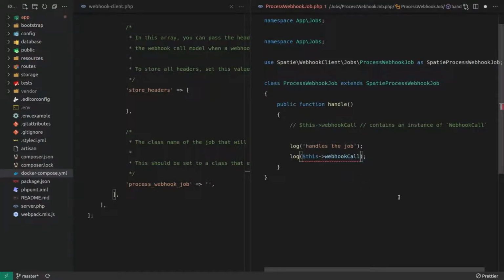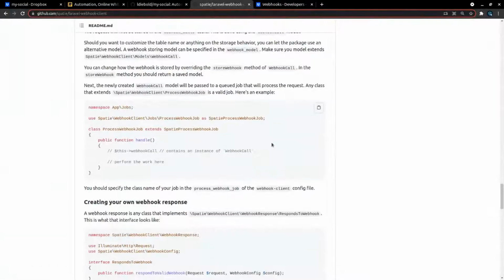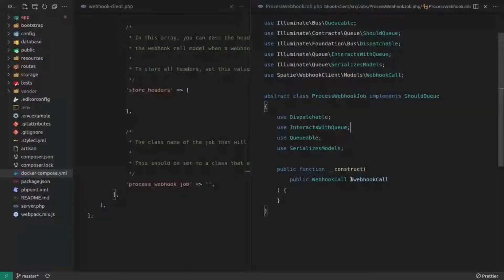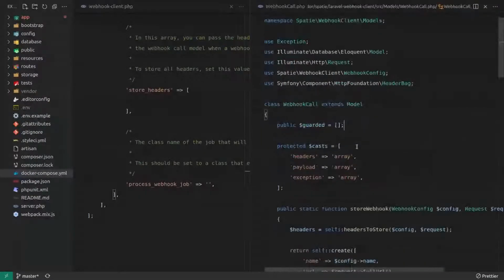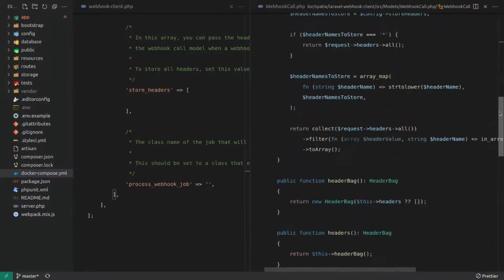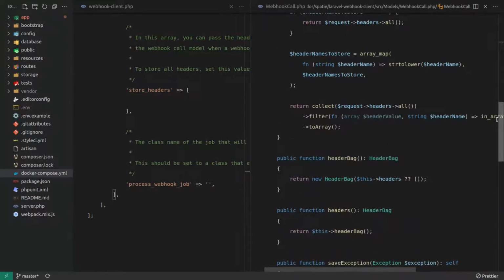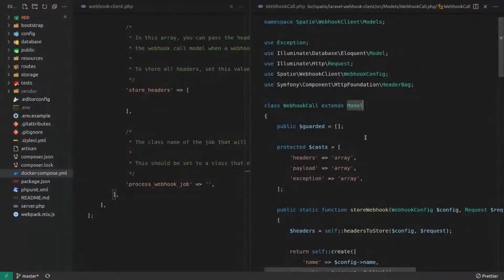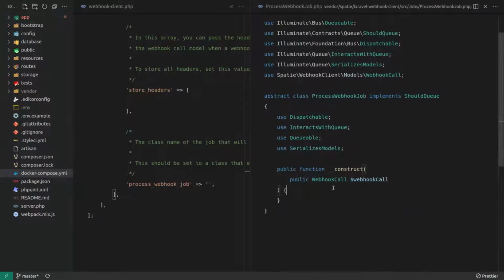Well, what do we have on that webhook call? Webhook call. I guess we could just say the data. Just give me the data of that. Yeah, okay.